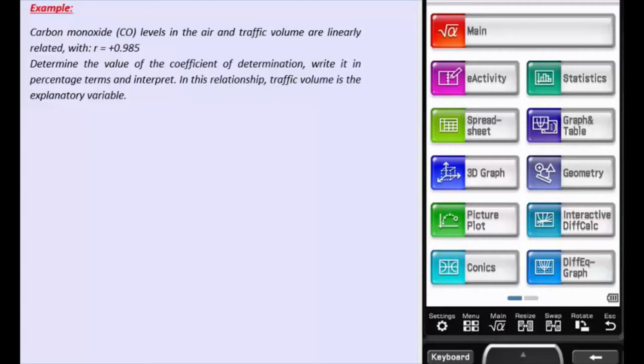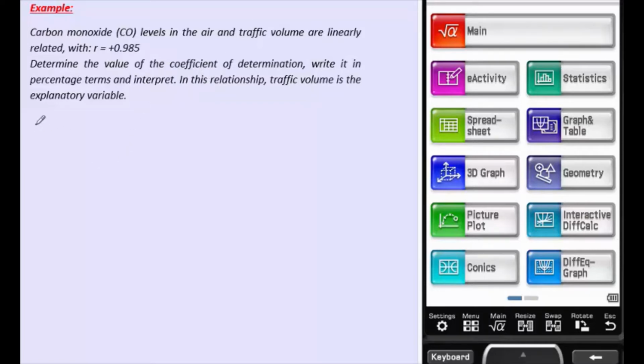We have a question here that is giving us the correlation coefficient of positive 0.985 and asks us to find the coefficient of determination, write it in percentage terms, and then interpret it, where traffic volume is the explanatory variable. So the first thing we want to do is find the coefficient of determination, and therefore